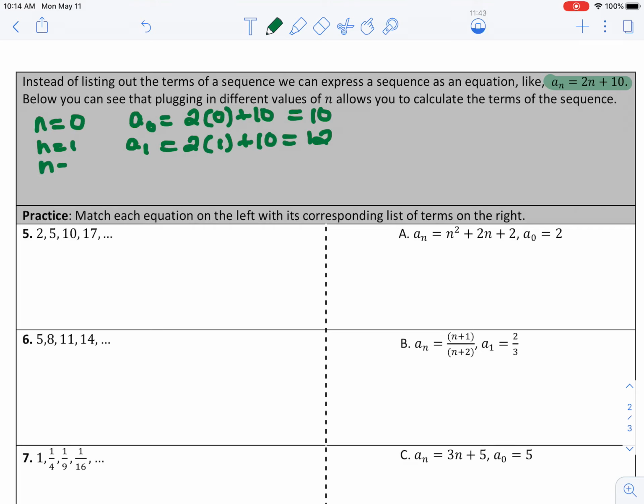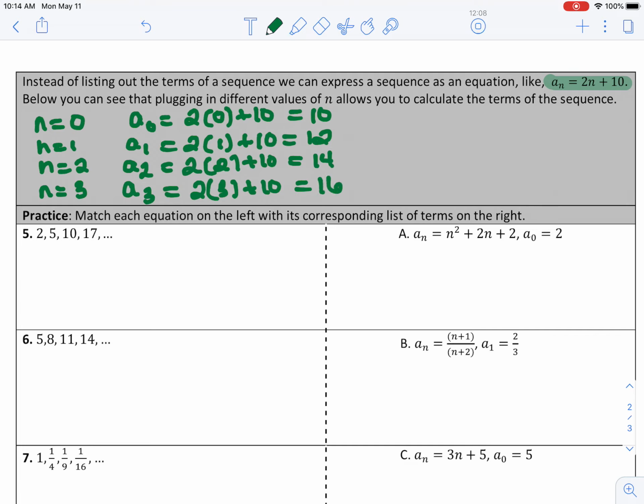Letting n equal 2 is calculating the a sub 2 term. So 2 times 2, which is 4, plus 10 equals 14. And then finally, if I were to calculate n equals 3, that would help me find the a sub 3 term, which is 2 times 3 plus 10, which is equal to 16. So the equation a sub n equals 2n plus 10 describes the sequence